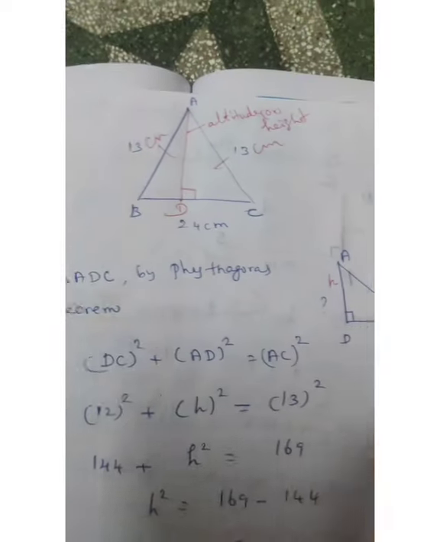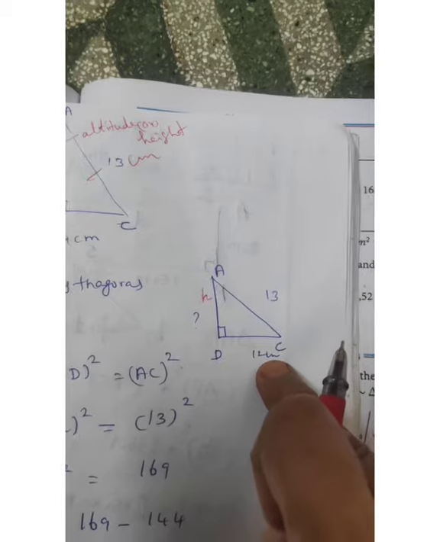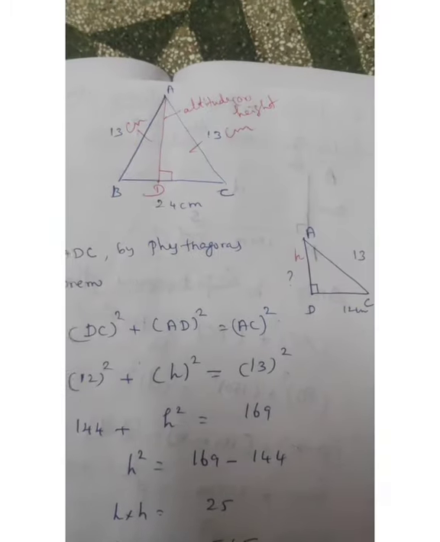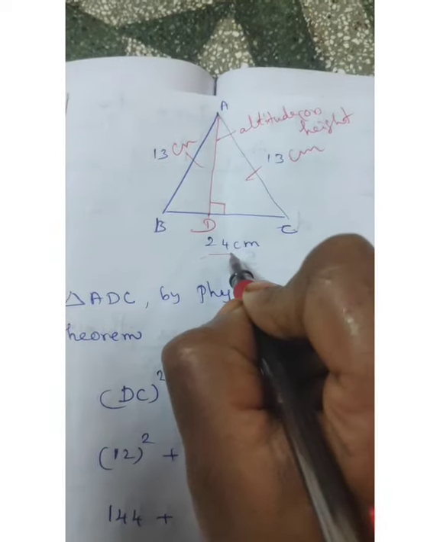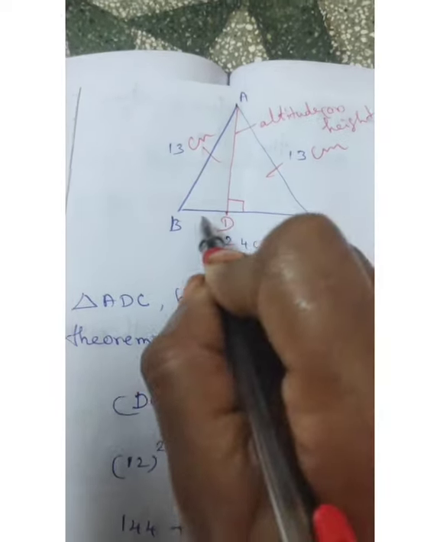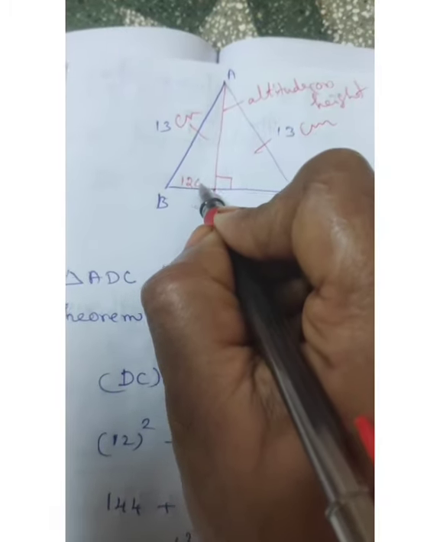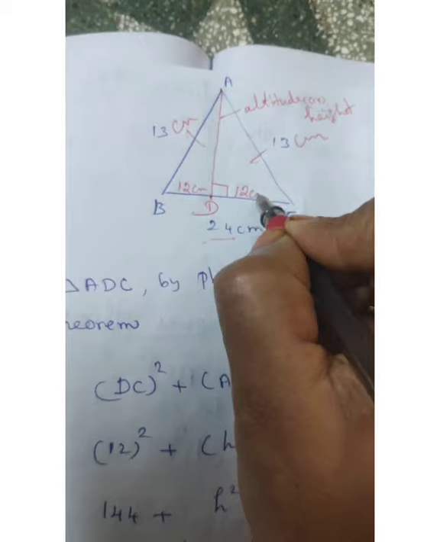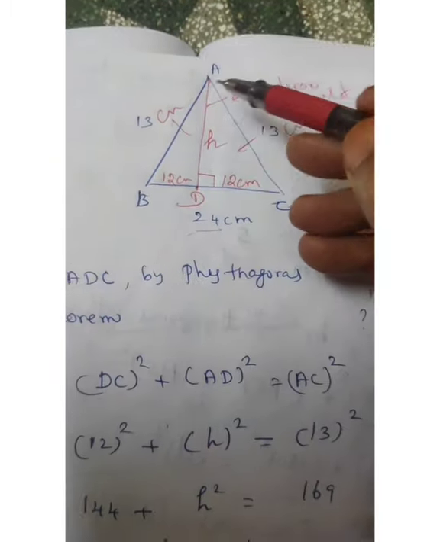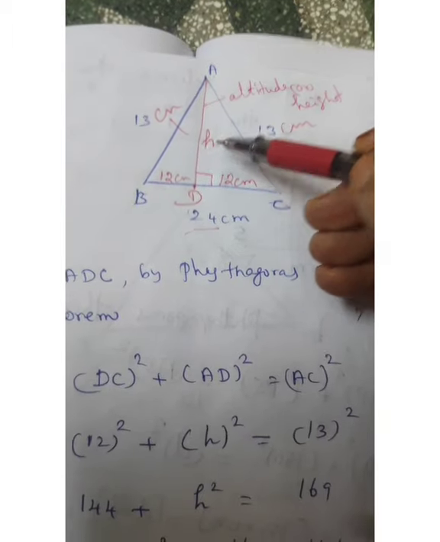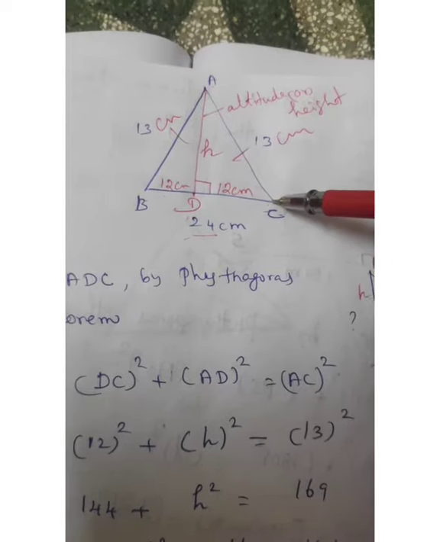Okay, now H value. This is height, for H you write. This is base now. 24, how to write? 24. BC full value equal to 24. The median divides it equally. 24 half equal to how much there? This is 12 centimeter. Here also 12 centimeter. Now this value height, write in height. AD value equal to H, DC value equal to 12 centimeter, AC value equal to 13 centimeter.